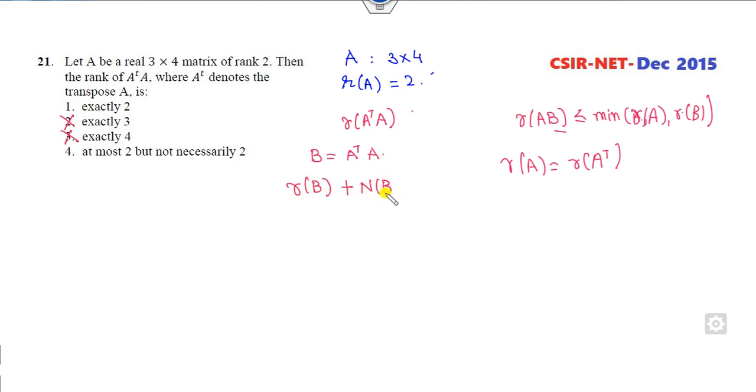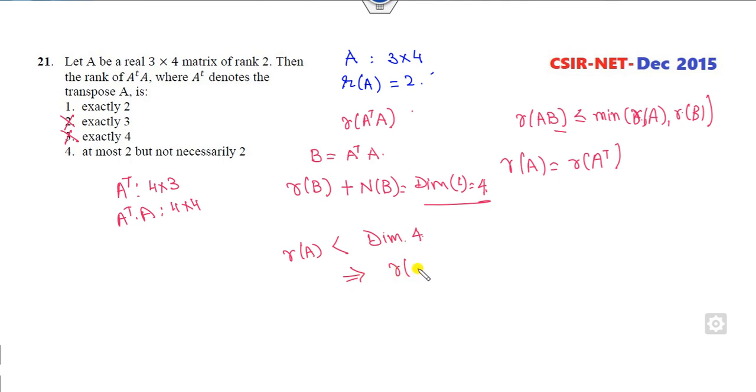If I apply the nullity and the dimension of this mapping, what is that? A transpose is my 4 cross 3. If I multiply this by A, it will be my 4 cross 4. So my dimension is 4. Now as usual we can see, since the dimension is 4 and the rank of A is less than the dimension, it means the nullity of A transpose A is